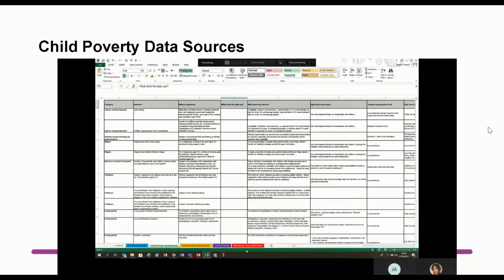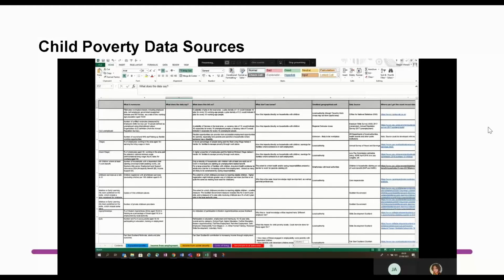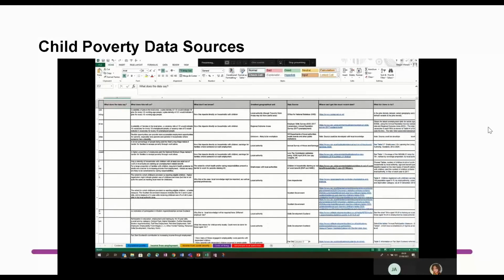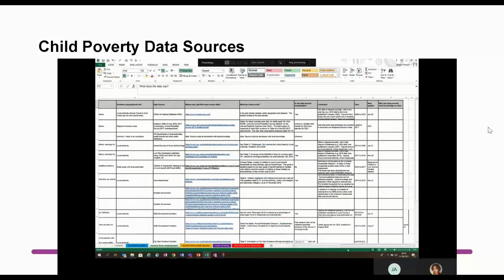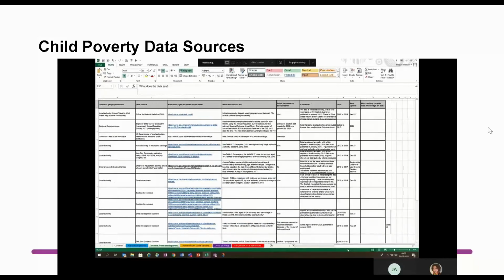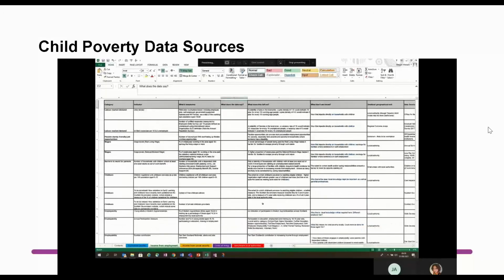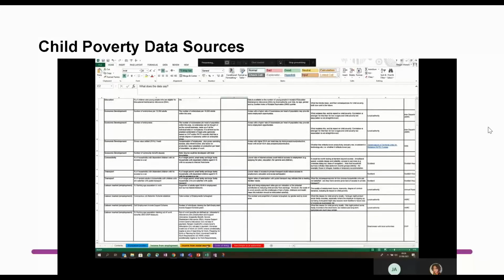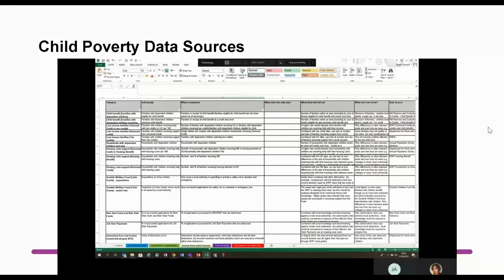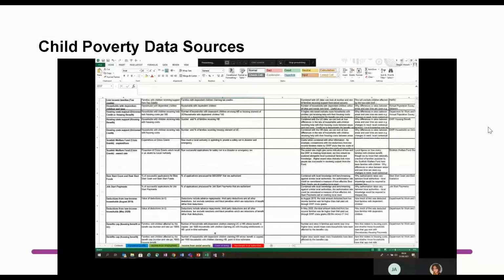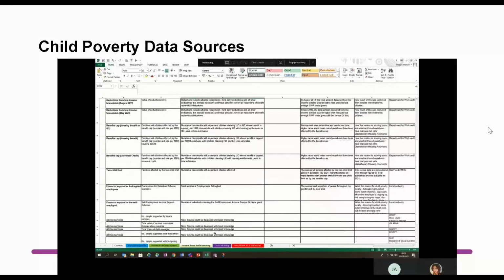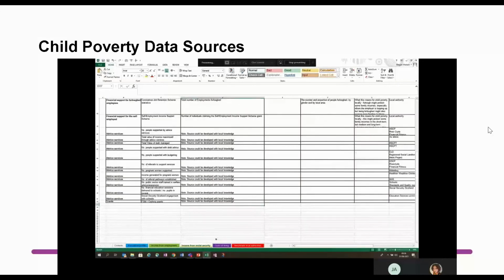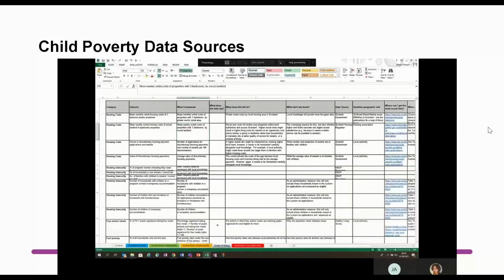So we include a brief overview of the workbook and then provide a list of potential sources that were developed through the pilot with Inverclyde. We've sorted these indicators that might help you understand your local population, specifically those experiencing or at risk of child poverty, as well as by each of the three main drivers of child poverty. As you can see, there's a wealth of potential sources here with information and advice to guide how you use them locally. We also include a final tab which helps you identify local authorities that you can use as comparators, drawing on the Improvement Service family groupings.